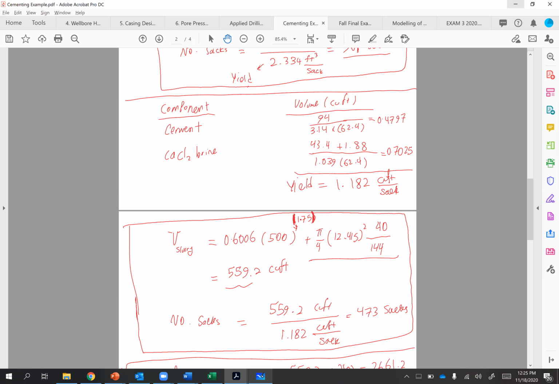In tomorrow's exam, however, it's comprehensive, right? Coming from the beginning all the way to the end of fracture gradient calculations, right? So, yep. Any questions about the exam or